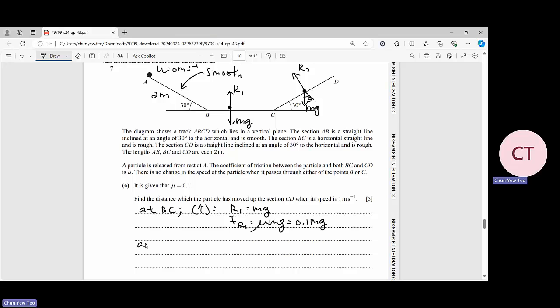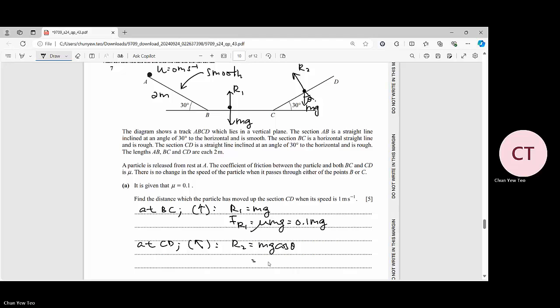Then on CD, consider the forces perpendicular to the slope, you have the R2 equal to